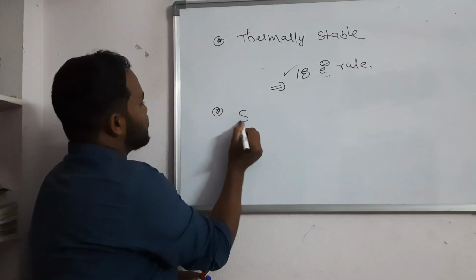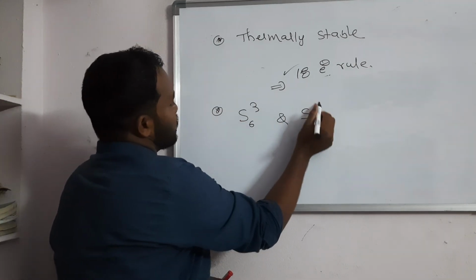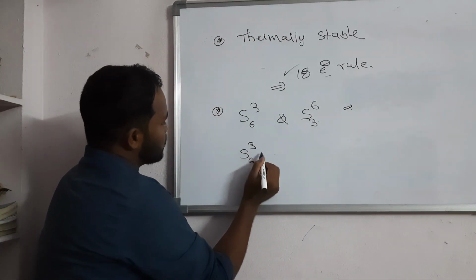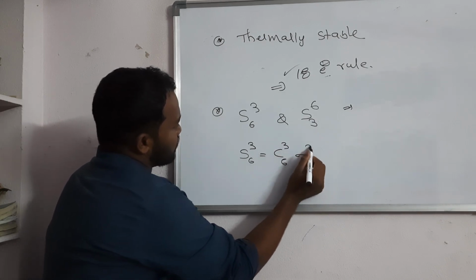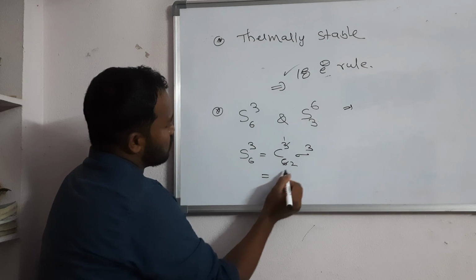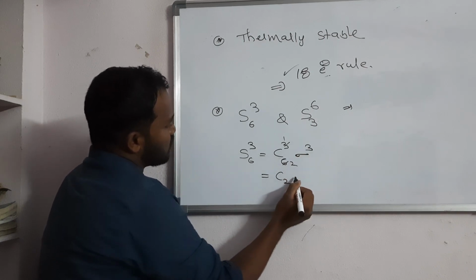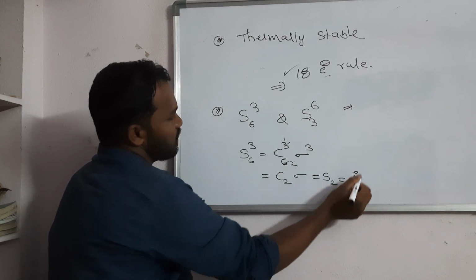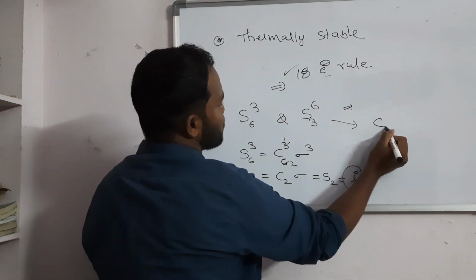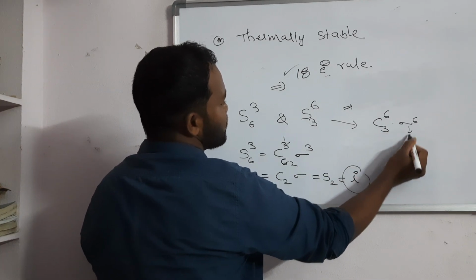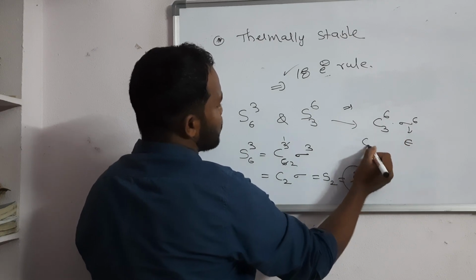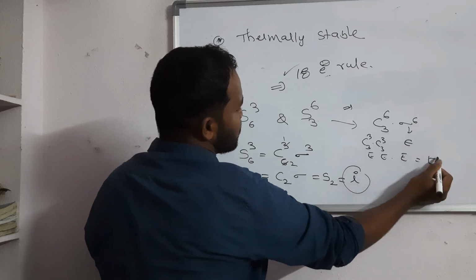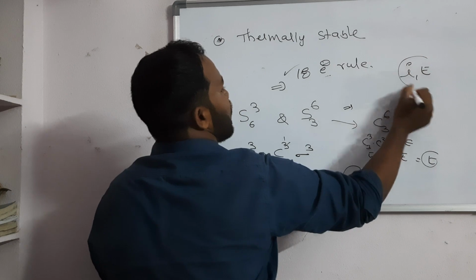And S63 and S36. Which of the following represents them, they asked. We can say S63 you can write as C63 into sigma 3. Here the 3 ones are, the 3 twos, you will get C2, and sigma power 3 means you will get sigma only. C2 followed by sigma. Sigma means you will get S2. S2 is nothing but I, you will get here. For S36, similarly C36 into sigma 6. Sigma 6 is E. And if you calculate this, you can write C33 into C33. So this is also E, this is also E, this is also E. E into E is E. So you will get the answer I comma E.